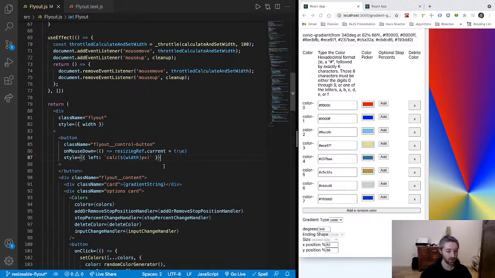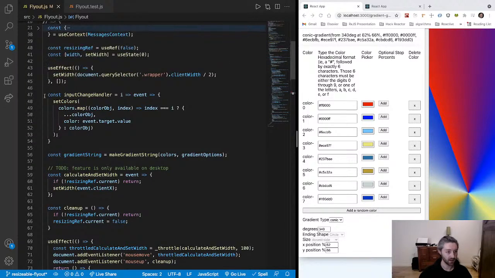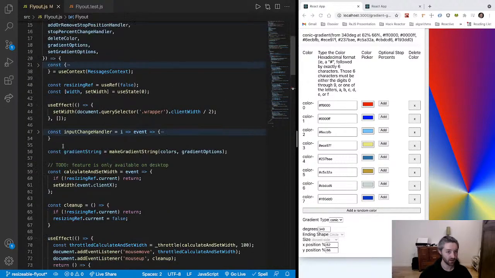Style, right, calculate the width. This is calculate and set width. What is this? If resizing ref current